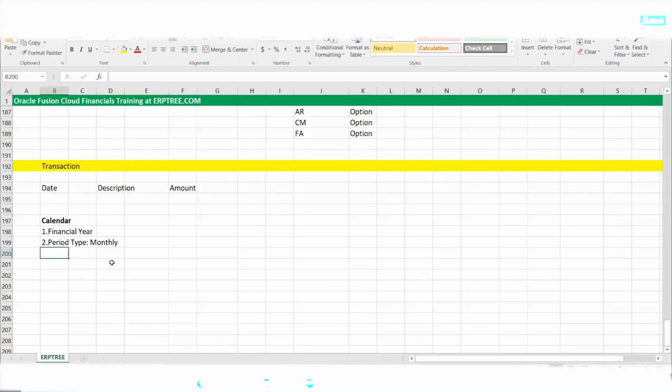Okay. The first point is financial year. For which country we are doing implementation, we have to take into consideration. And period type, ideally that is monthly. The third point is